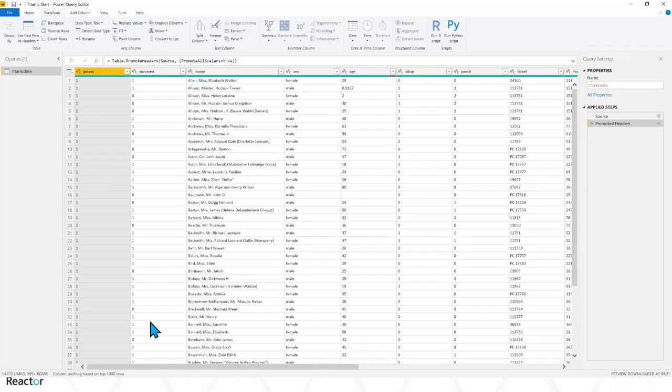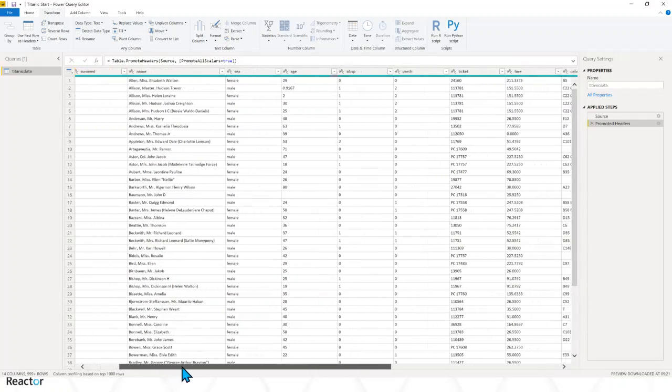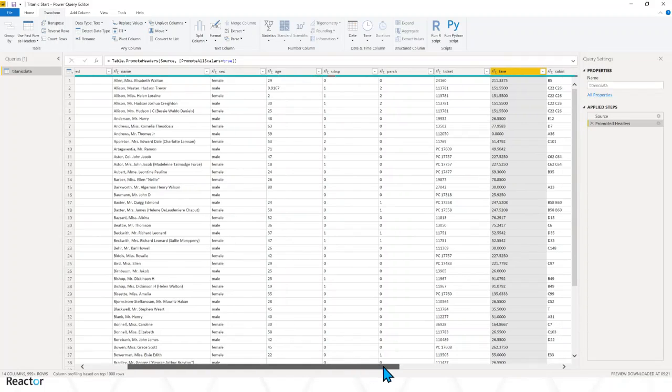Okay. So the next thing we're going to look at, now I happen to have played with this dataset lots and lots. So I know the things that I want to do, right? I've got a column here that says whether they survived or not, a 1 or a 0. I'm going to change that in a moment. I also have an age column, but I don't want ages. I'm going to group those together. And I also have a fare column that I